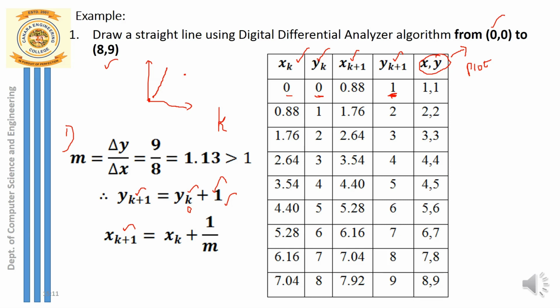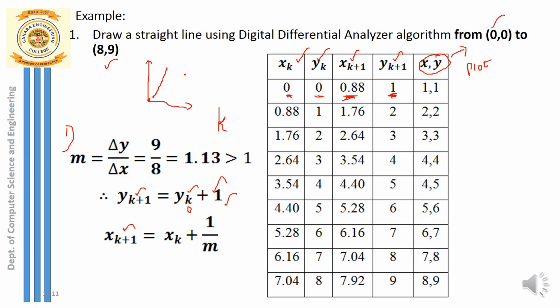Our old point, that was 0. 0 plus 1 by slope. So what is our slope there? 1.13. So 1 divided by 1.13. Whatever answer we get, that is nothing but 0.88. So that 0.88 you are supposed to add with the previous point xk. What is our previous x point? That is 0. 0 plus 0.88. So how much is that? 0.88. So that would be our x coordinate.